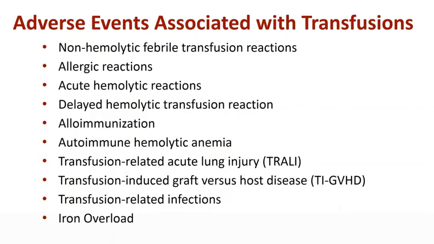This interferes with matching the survival of the transfusion and is a long-term serious problem. This is often accompanied in patients who are alloimmunized by the development of autoimmune hemolytic anemia or auto-alloimmunization. As patients age and they're exposed to products, they're at risk for transfusion-related acute lung injury or TRALI, but also transfusion-related fluid overload, and most importantly, transfusion-related infections.